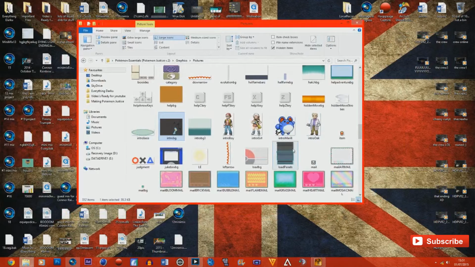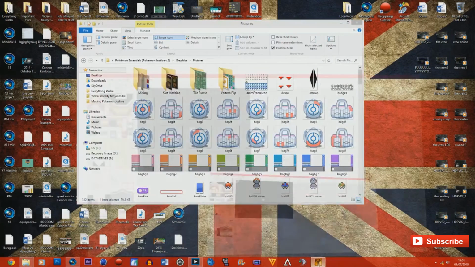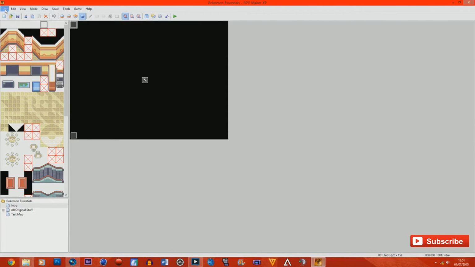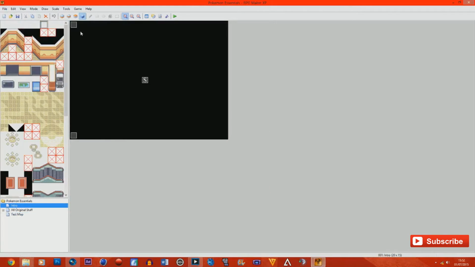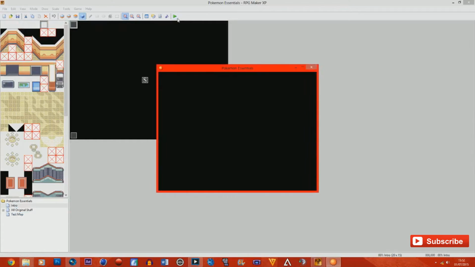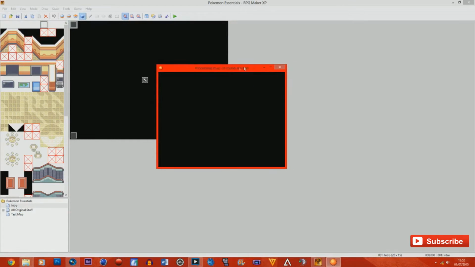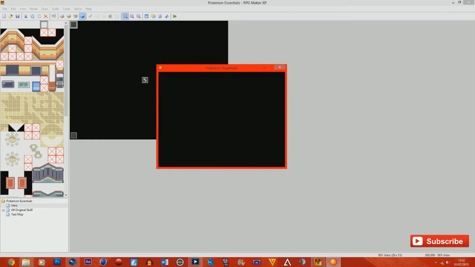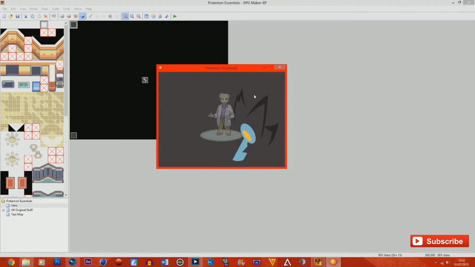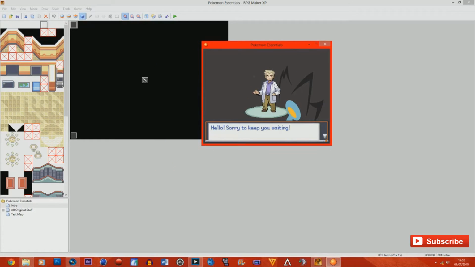If we quickly go back. Ah, here we go, my bad. Okay, so if you save and then go somewhere else real quick, like a test map, then go back to intro, then press play. And it should load, you'll see this little loading thing. There you go, it loads the images you've just done. Click new game again. Here's the background that I've just put in, which is the Luxray thing. You see what I'm saying? All you've got to do is basically